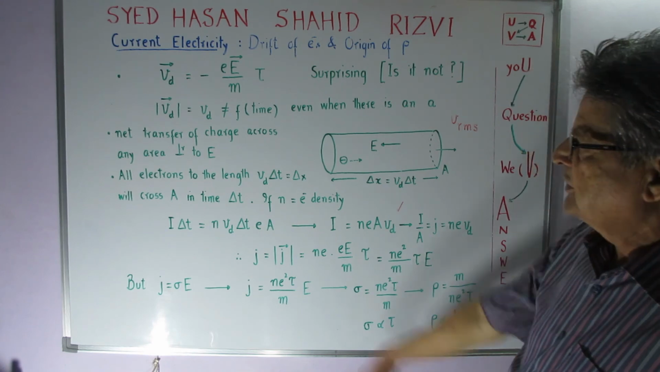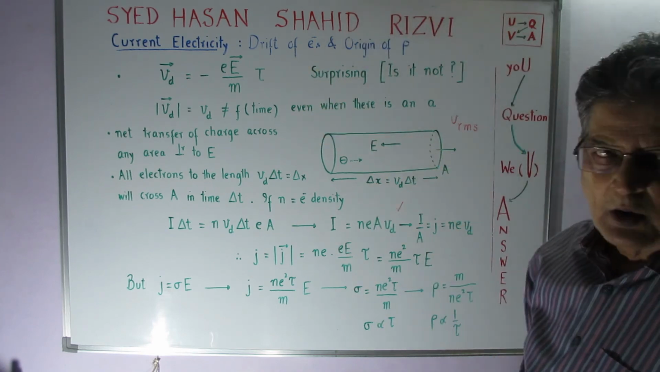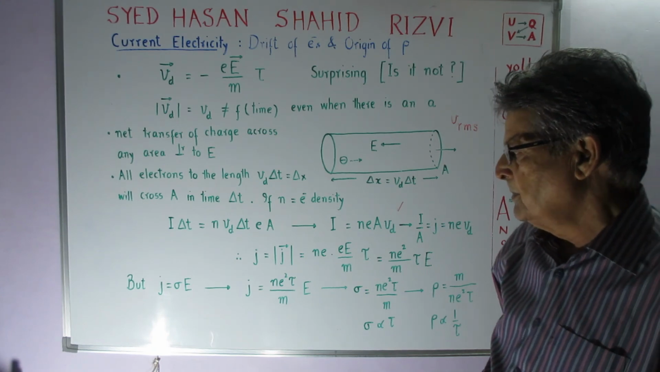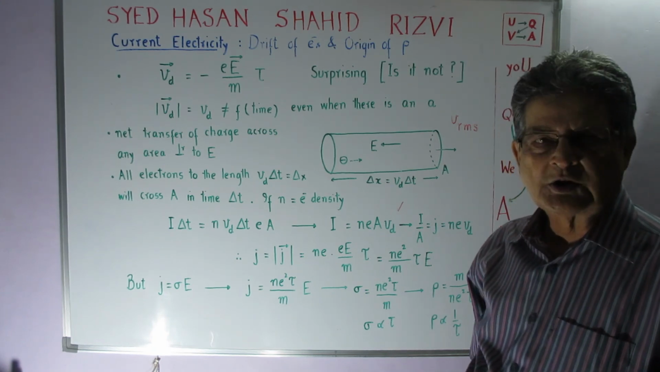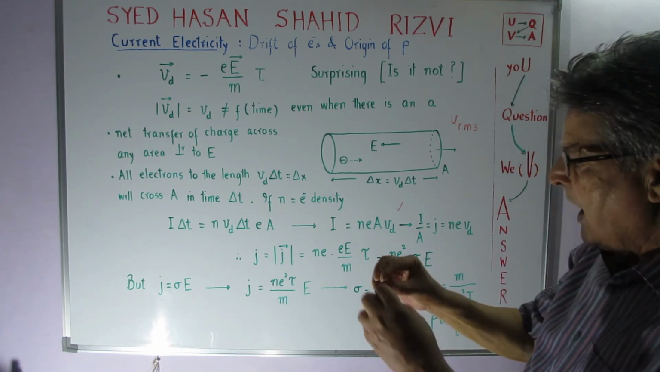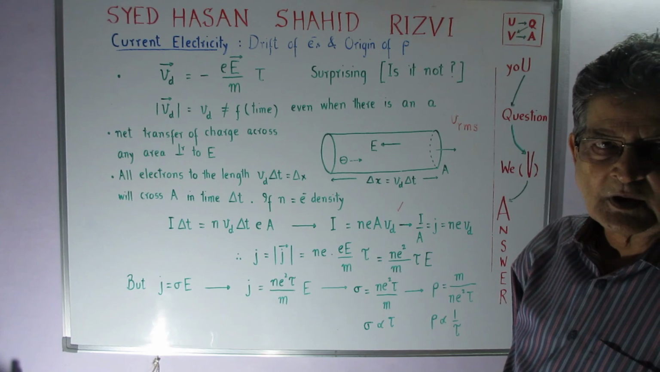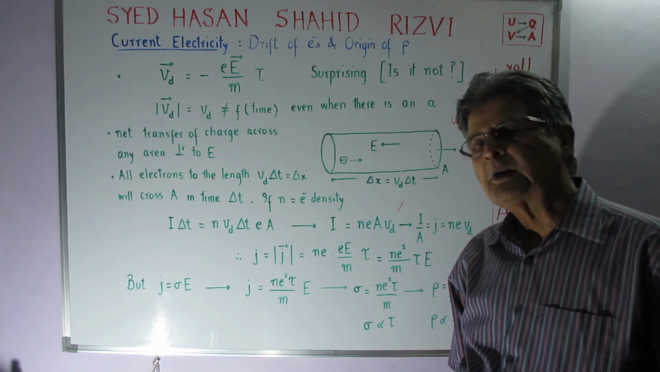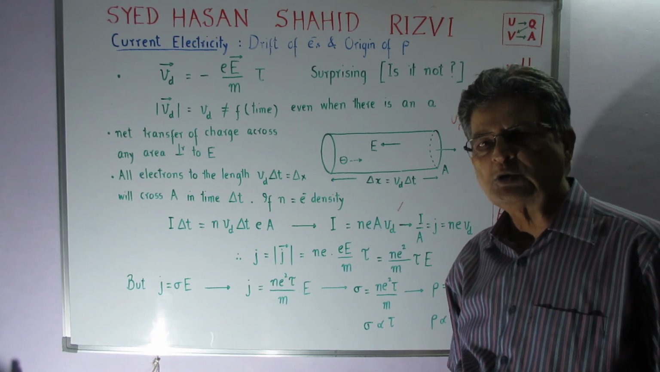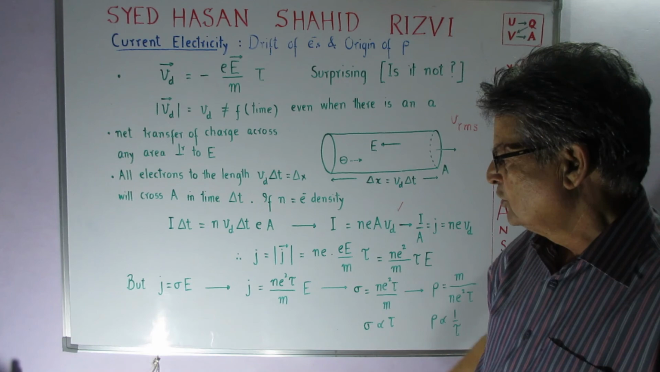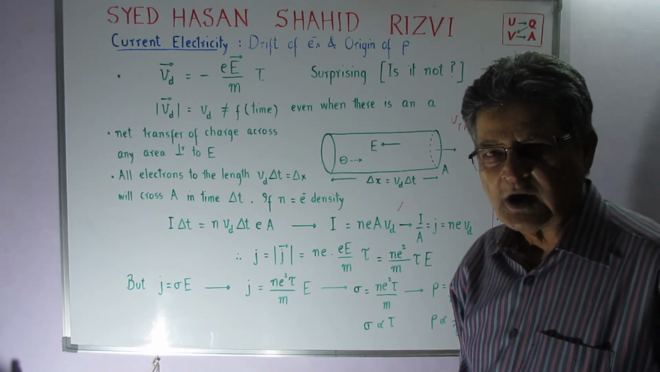So the drift velocity is E upon m tau, and tau is the average time between collisions. Of course, we can talk about the path between collisions, which we call mean free path, but I will not indulge into that at your stage, and I leave you here to make your life a bit